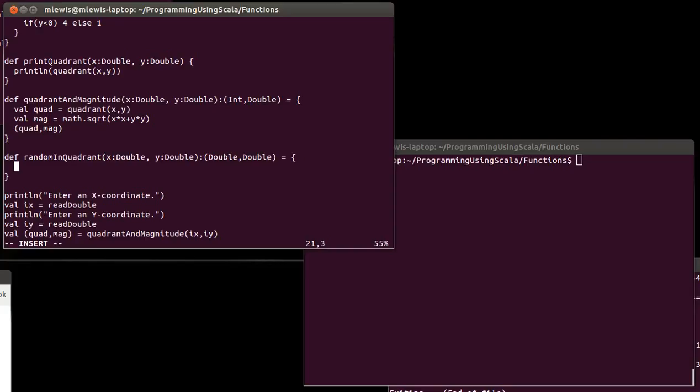And what I want to do here is I need to get the quadrant, and then I need to have some ifs based upon the quadrant that will give us back different values. So I want to say val quad equals,